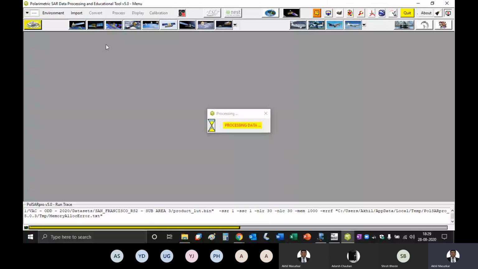We will set our area actually, and then we will look at the image. Okay, search also has completed. I'm working on a slow machine currently, but next time onwards it will be a very fast one.